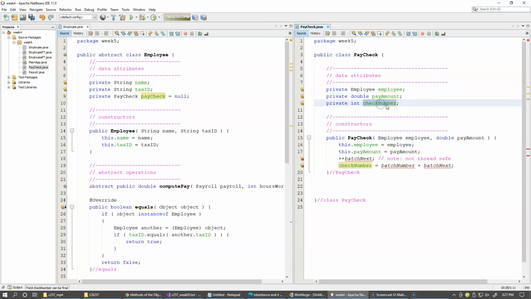But to generate the actual check number, what I'd like to do, typically in a payroll system, you would have a batch of checks generated, and the batch would have the first check number, and then for each next check we just increment the number. So I need these two variables named batch number and batch next. So every time we create a new PayCheck, we're going to increment the batch next, and I will have these added